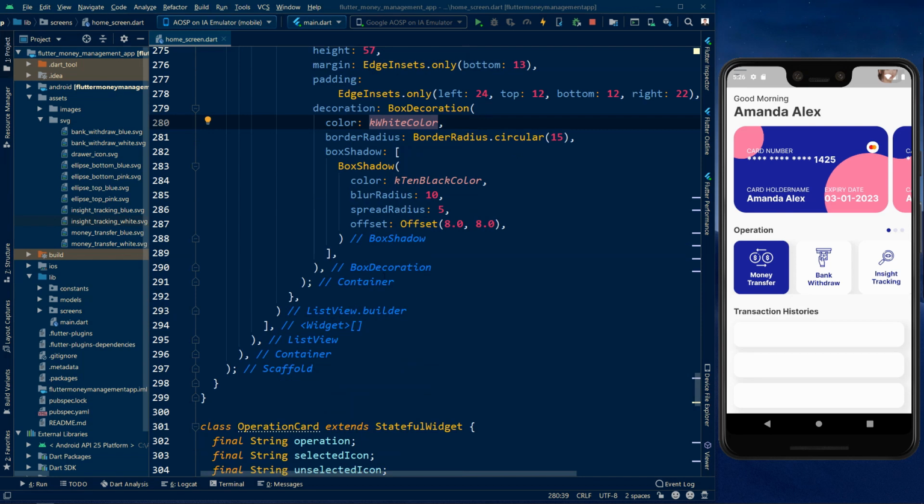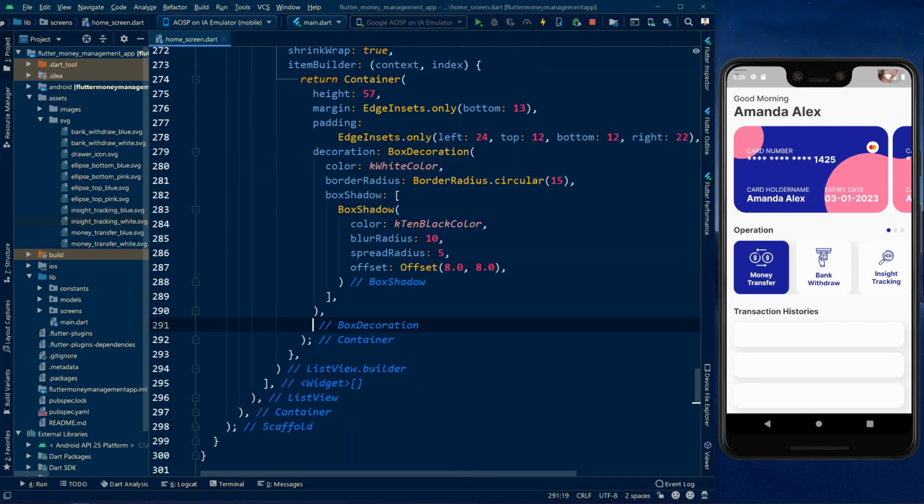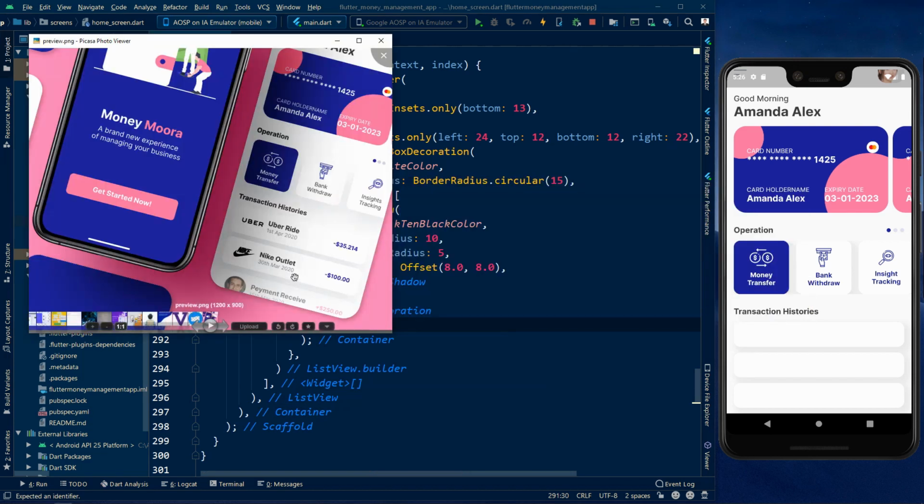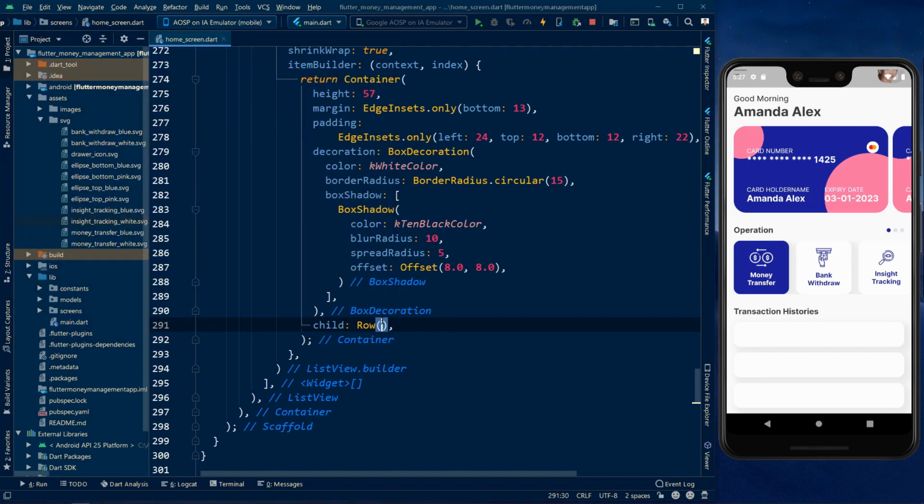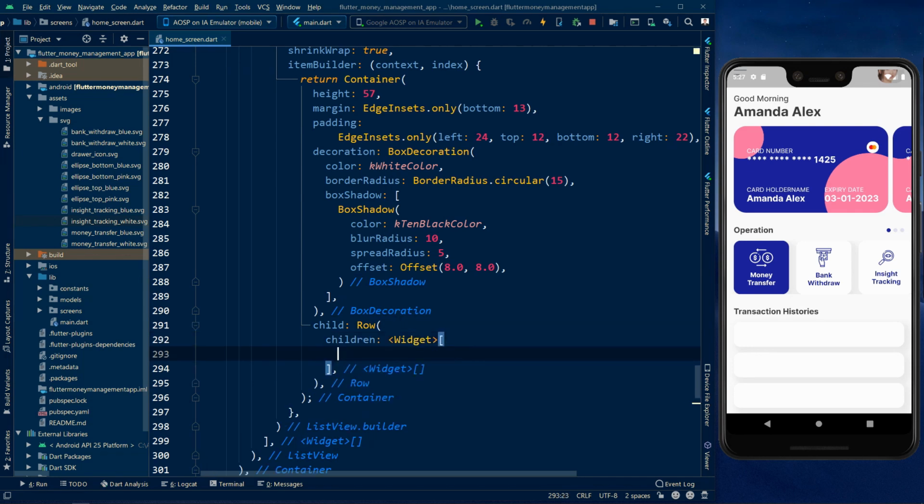Alright, and below our decoration we set child, and for our child we use a row widget. So we need to break down our layout. Why do we use a row widget? Because we want to place our widgets horizontally. So inside our row widget, I want to separate this into 2 widgets. This is the first widget, and this is the second widget. So this is like a row widget again, and inside this row widget we have a text widget and a column widget. So let's do that. And for the children, as I mentioned before, we use a row widget, and inside this